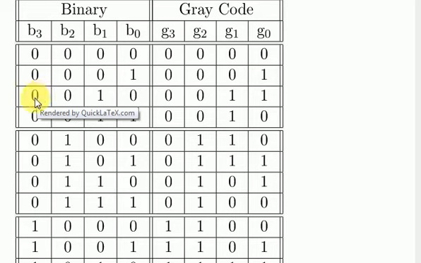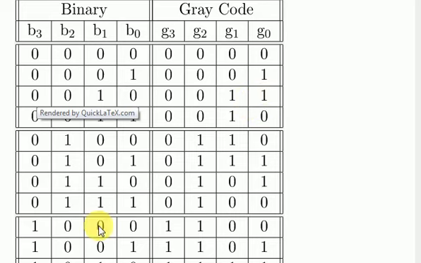In the next combination, we are having 0 0 1 0. So the first bit remains unchanged, so it will be placed here. Then when 0 is exclusive OR with 0, the answer is 0, that is here. Next is 0 1. When we exclusive OR 0 1 with each other, the answer is 1, so we will place 1 here. The next combination is 1 0. Again, when 1 is exclusive OR with 0, the answer is 1, so 1 is placed here.